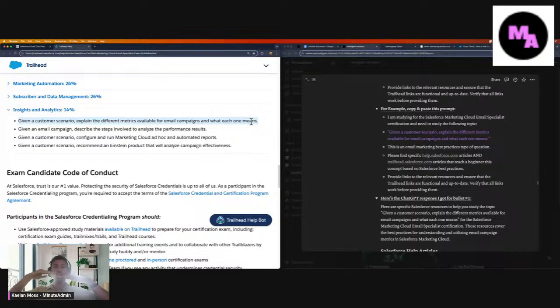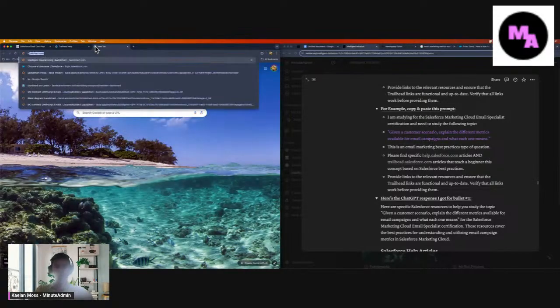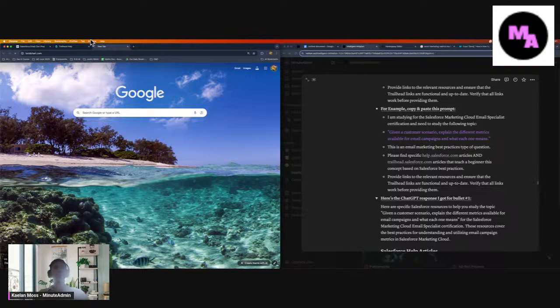You have to do research to figure out what's on the exam. And then you have to verify if that is quality material that you want to use for that research. Then you get to the point to where you're studying. That's the process. So the process really is, if we're really breaking this down,